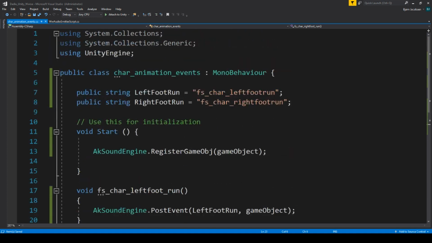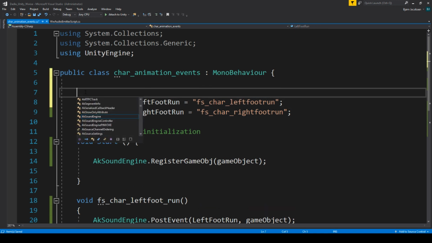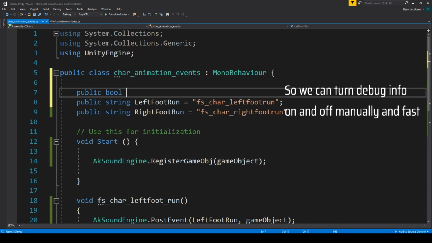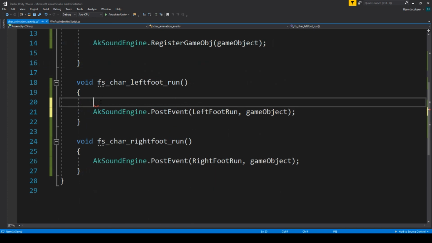A good way of dealing with this, to make sure that things work, is to make a public bool called debug enabled, and it should be equal to false. Why is that? That is because then we can make a Boolean that we can tick in the game and then constantly know what's going on. So we can easily write here